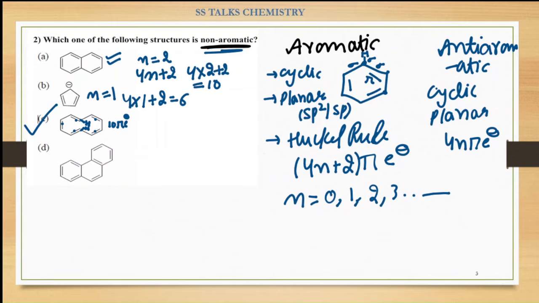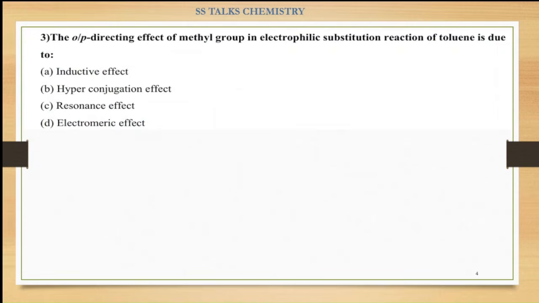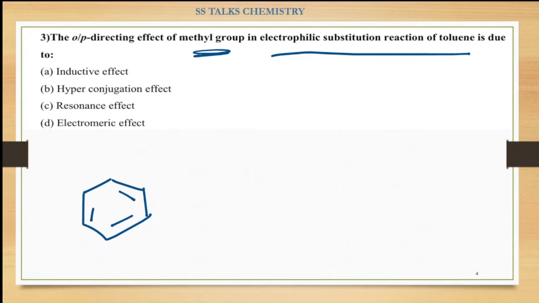Now, let us move on to the next question. This says: the ortho-para directing effect of the methyl group in the electrophilic substitution reaction of toluene. So what is toluene? Toluene is benzene, like this, and to this the methyl group has been attached, right? They are asking that this toluene is ortho-para directing in nature, but what is the effect which